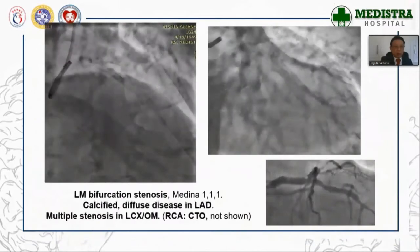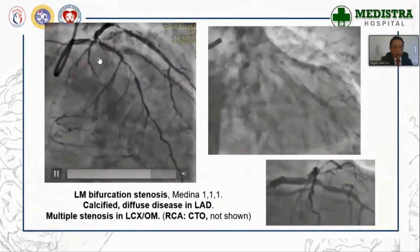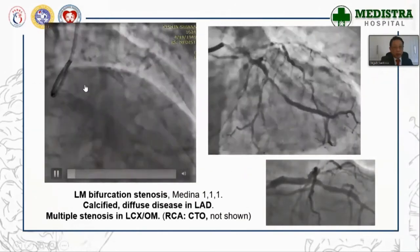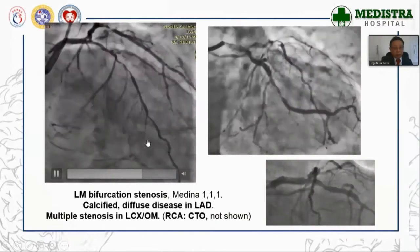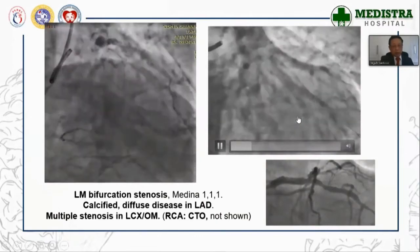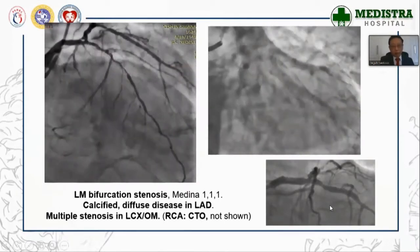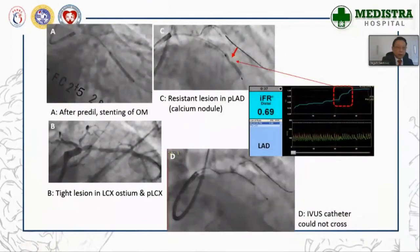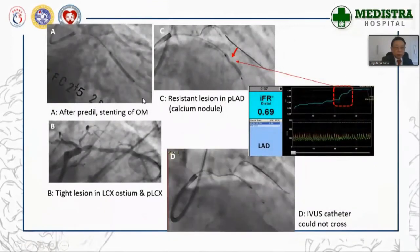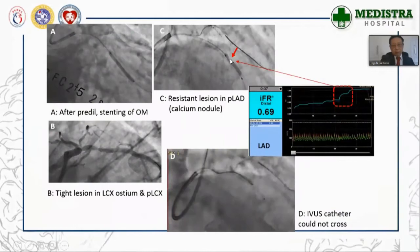And this is the angio showing left main bifurcation stenosis, true left main bifurcation stenosis, Medina 111, with heavy calcifications here in the LAD down to the distal LAD here, and also multiple stenosis in the LCX and also in the left main and the obtuse marginal. The RCA is completely occluded. So after pre-dilatation, we stent the obtuse marginal, and then we attended the LM LAD, but one spot here was